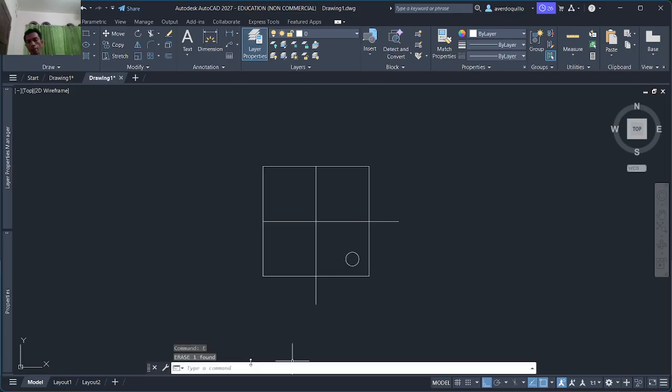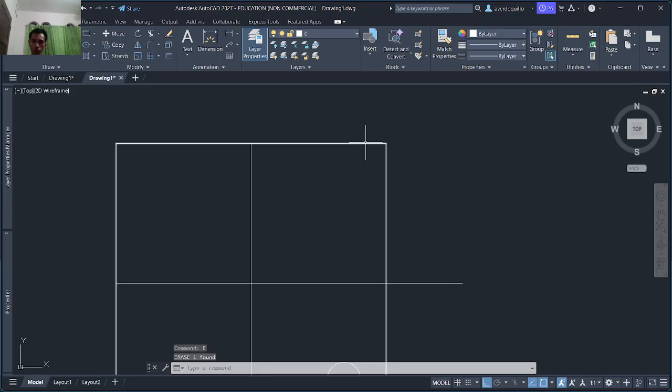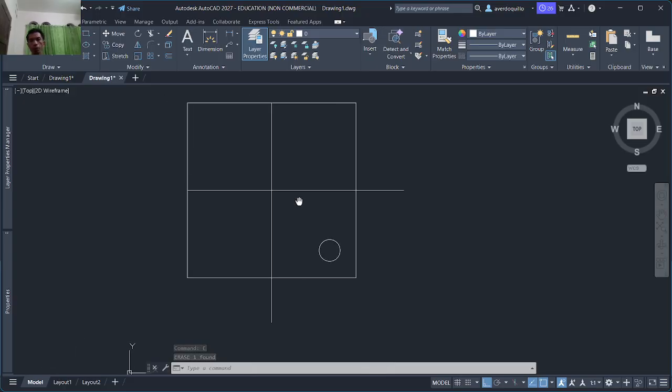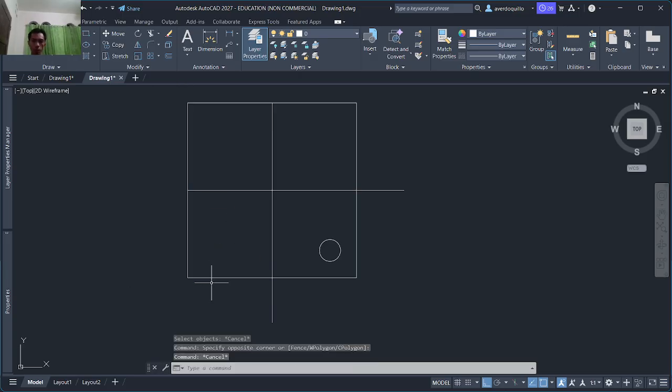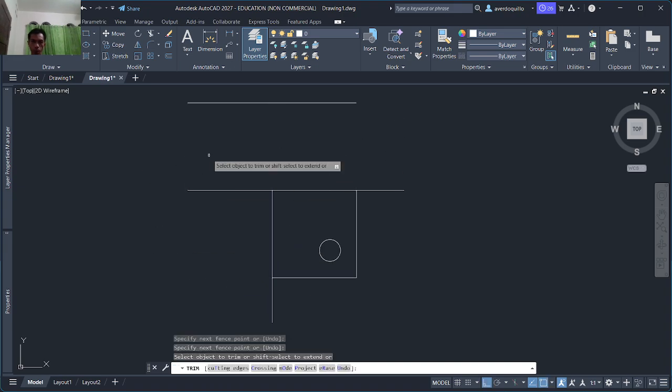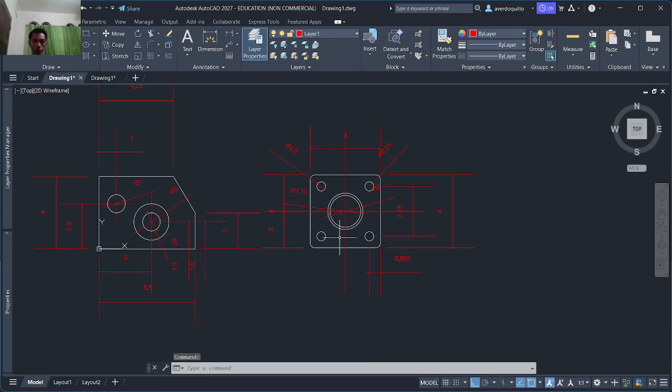So this one, let's set the fillet here, or simply we can just trim this one. Trim everything. No, not all. Okay. Let's take the radius here.